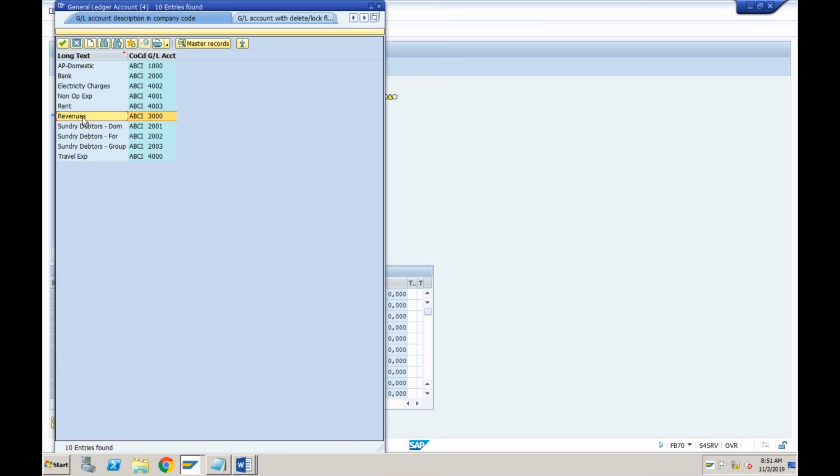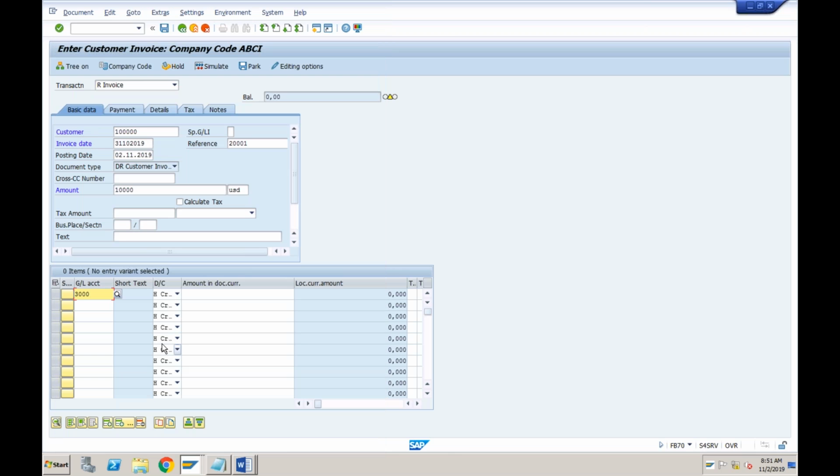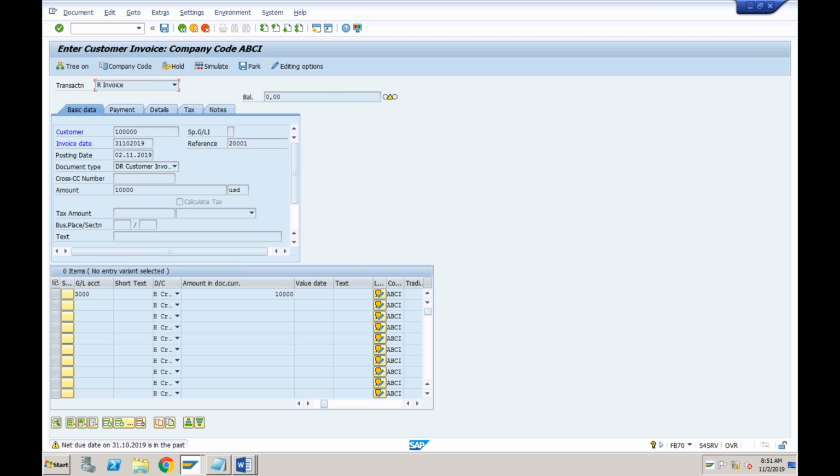So sales revenue, we already have one GL account, which is 3,000. I will use this. Okay, how much is the amount? Amount is 10,000 US dollars. US dollar should come automatically. If not, we will enter. Okay, and if I press enter, now this is a revenue account, but we also created this revenue account as